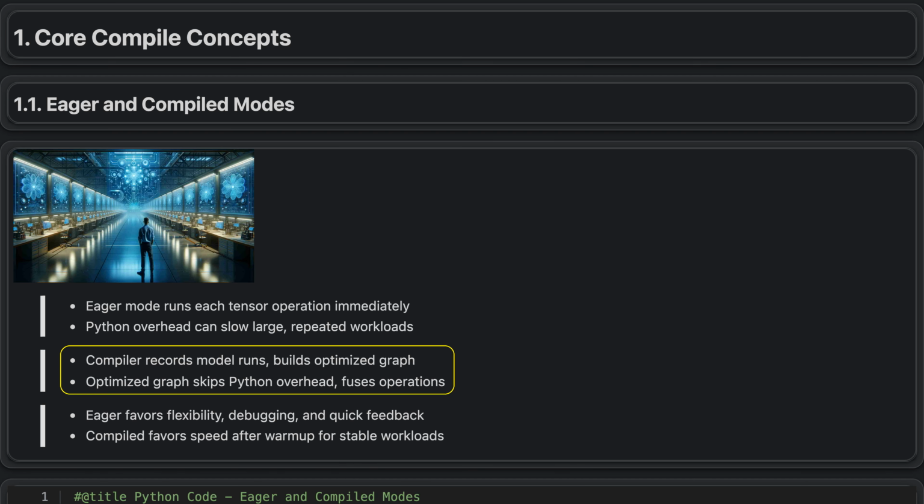In PyTorch 2, compiled mode changes how models run by first analyzing the sequence of operations instead of executing each step immediately. The system observes the model, captures its operations, and builds an optimized version that can be reused. This reduces Python overhead on later runs and allows the computation to execute more efficiently. The compiled model behaves the same as the eager version, but it is faster because operations are combined and results